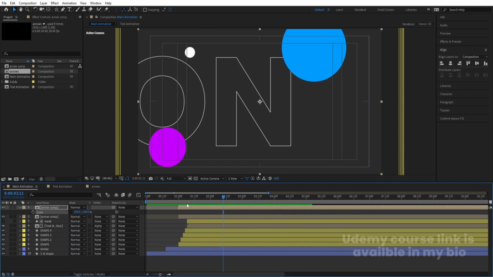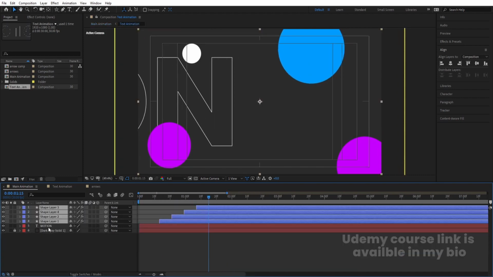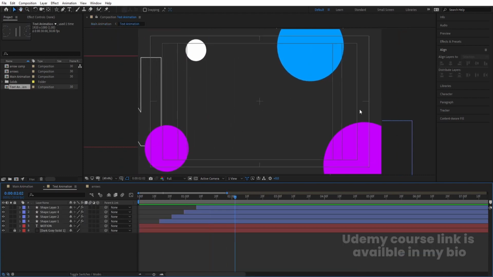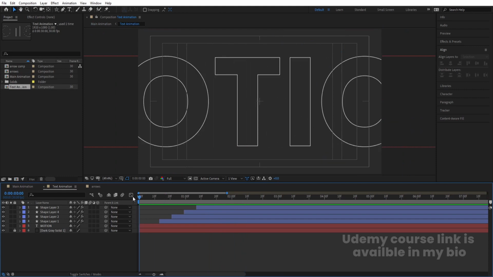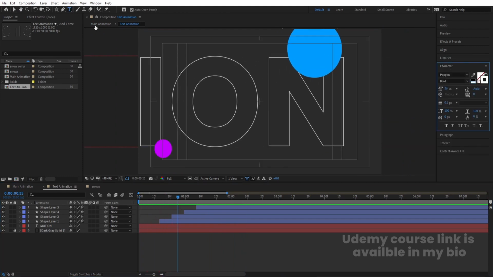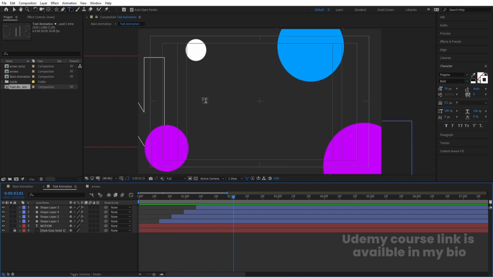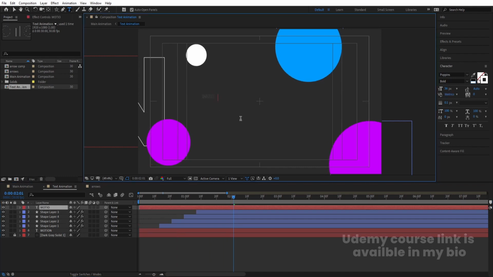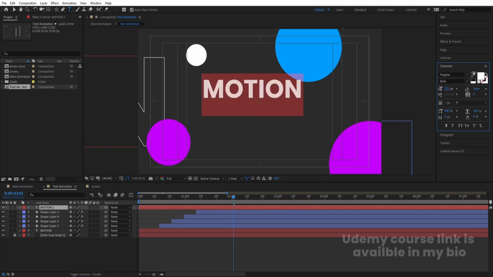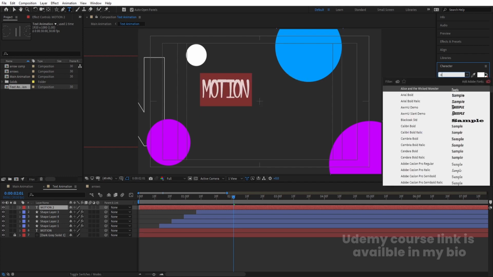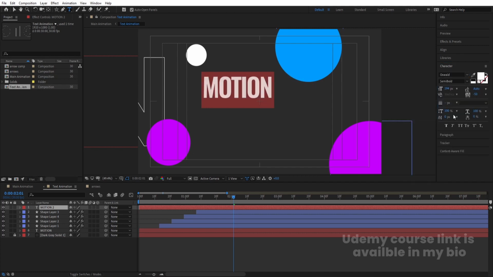Okay. So after that we need to animate our text. You can add even your logo over here. I'm going to add normal text, so let's try motion graphic text only. I'll select this and add motion, and this time select fill for your text. So I'll select white color for this, like this. Let's decrease the distance between this, or we will also change the font. I'm going to choose Oswald font, let's say, like this, and let's choose medium version of it